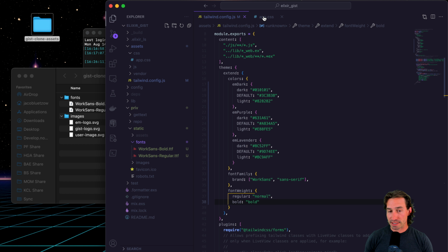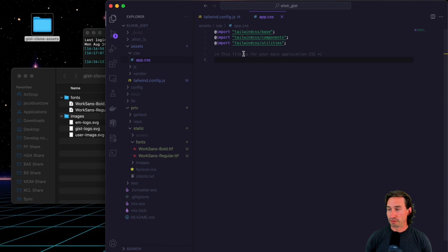And now in our app.css file, this is where we can add custom classes. And in this case, we're going to be adding font face rules. And in CSS, an @ rule is used to define custom fonts. So here we're going to be defining Work Sans font with 2 font weights, normal and bold, and they're going to be pointing to our .ttf files, which are font files, and those are located in the fonts directory in our static directory. Okay, so the first thing we're going to do is do